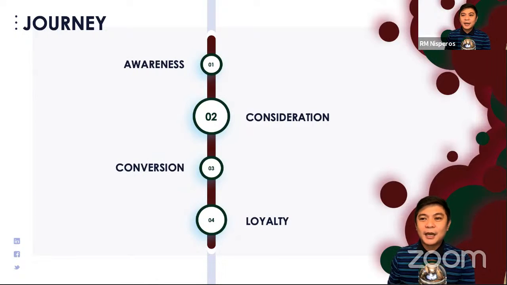So, kapag may lumapit sa isang lalaki, sa isang babae, sabi niya, pwede bang manligaw? So, yun yung awareness. So, the girl becomes aware that the boy would court her. Habang nangliligaw siya, the boy would offer information, offer gifts and all. So yun yung consideration to reinforce yung decision. Sasagutin siya. So yun yung consideration.